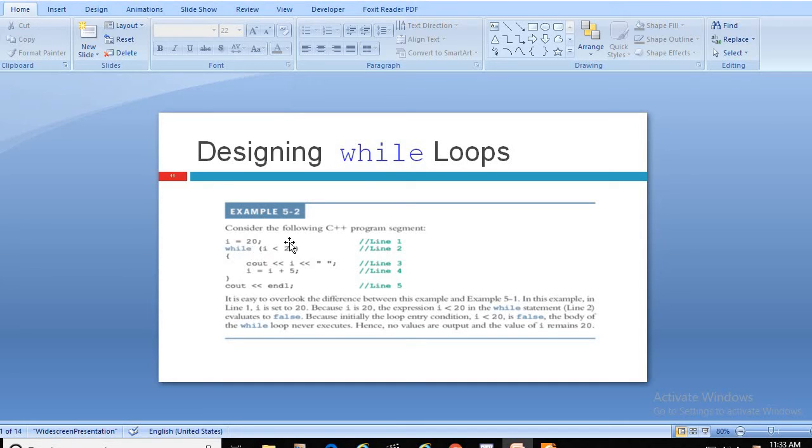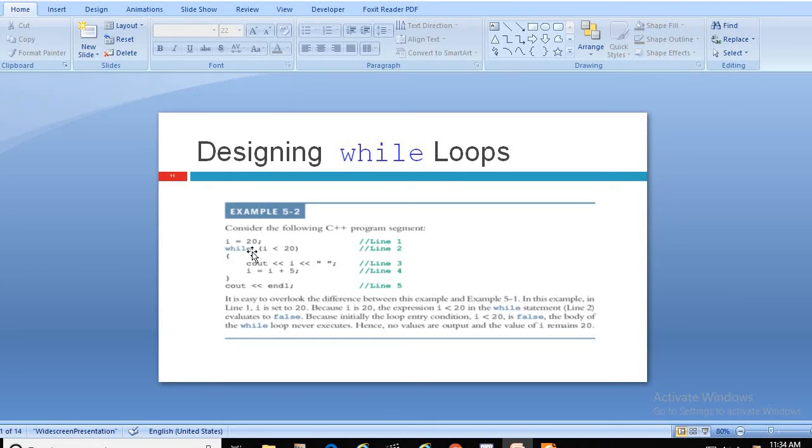The condition is false and it goes directly to the cout and endl. So the question is, what will be printed? Nothing will be printed, obviously, because this loop is not executed due to the false condition of the while loop.